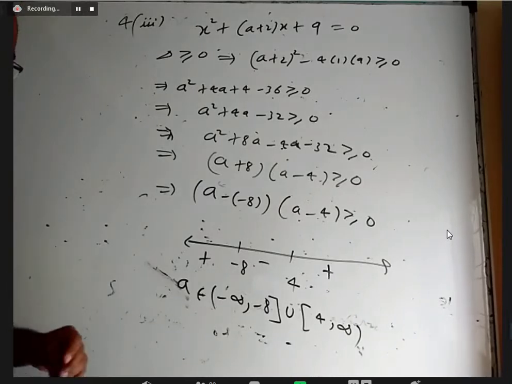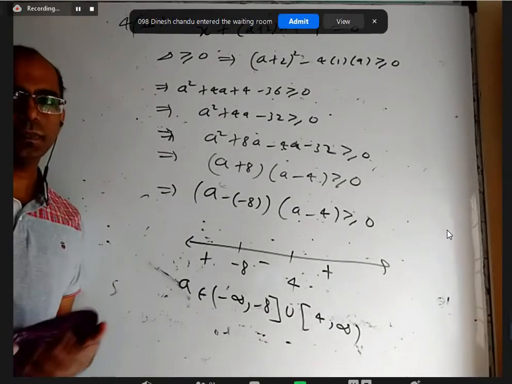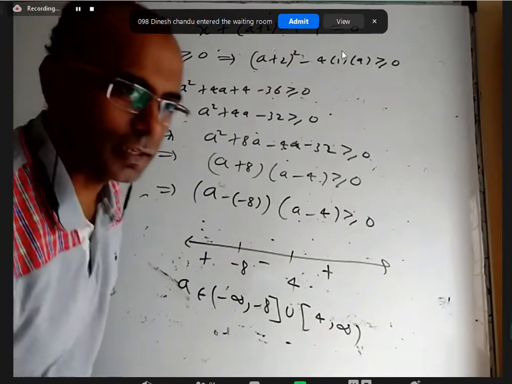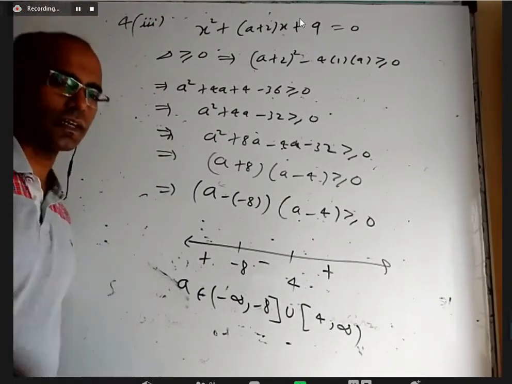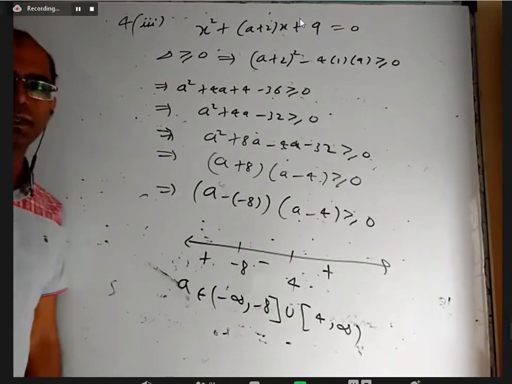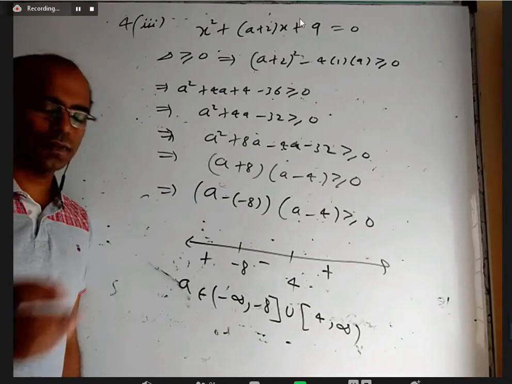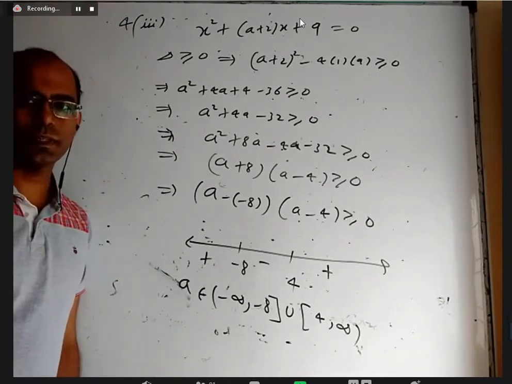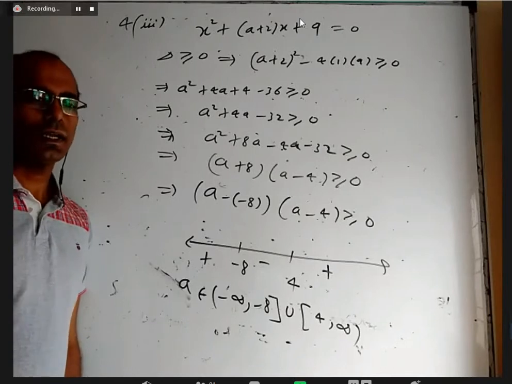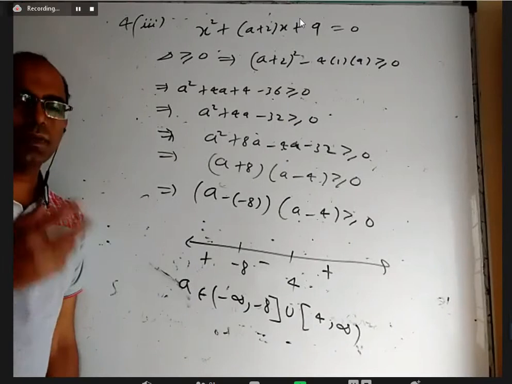I'm sure before starting coordinate geometry, Channareddy sir might have told you something about what coordinate geometry is, but just a repetition. Historically in maths, in the beginning, geometry was a different track and algebra was a different track. Some people were just solving quadratic and cubic equations, and they were worried about when roots are real and when roots are complex, that is, non-real. They didn't know about complex numbers maybe at that time. And for some x values, the quadratic expression becomes positive, for some it becomes 0.